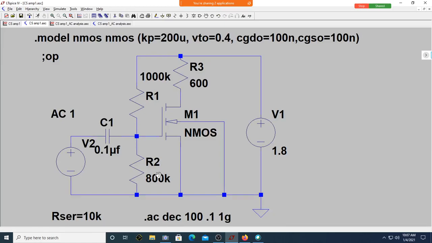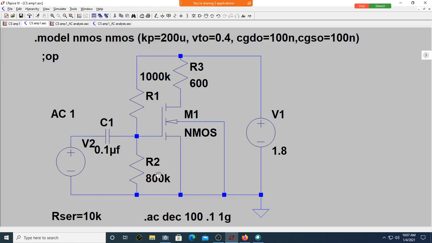One of you can tell me what is the parallel combination of R1, R2? So R1 parallel R2. Of course, now it is 1000k in parallel with 800k: 1000 exponential 3 inverse plus 800 exponential 3 inverse, whole inverse. Is it 444.4 kilo? Perfect. So it is 444k, neglecting that 400 ohm. Correct. So this is the value of Rin.